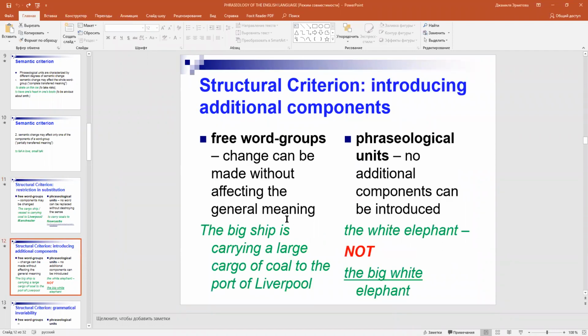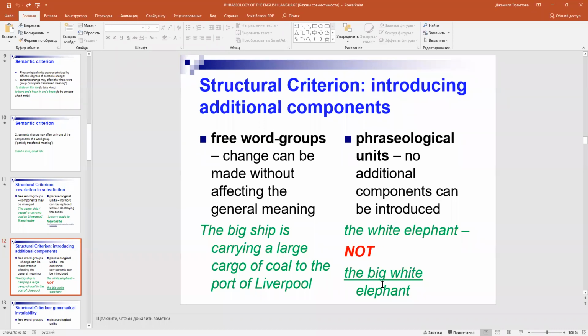Keyingi structural criteria: introduction of additional components. Demak, bu yerda additional component, ya'ni qo'shimcha komponent berilishi mumkin ekan. The big ship is carrying a large cargo of coal to the port of Liverpool. Bir necha element. Yoki the white elephant. Bu yerga phraseologic unit bo'lgani uchun bu yerga the big white